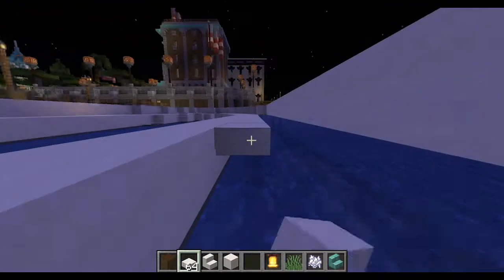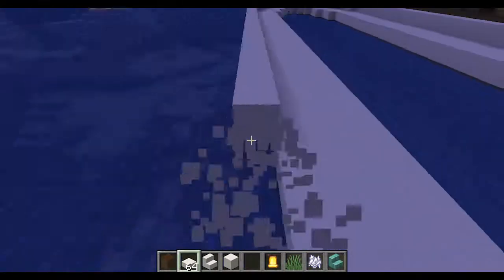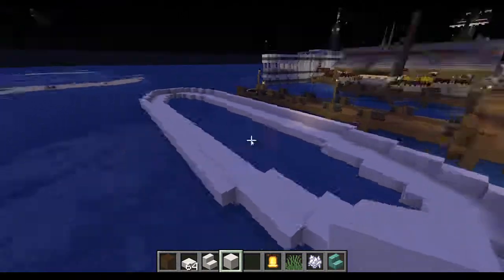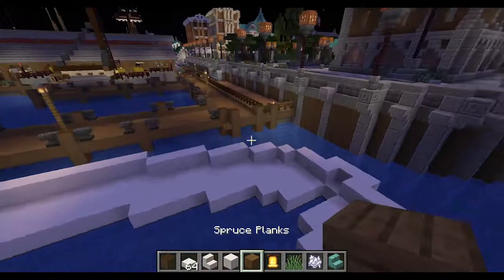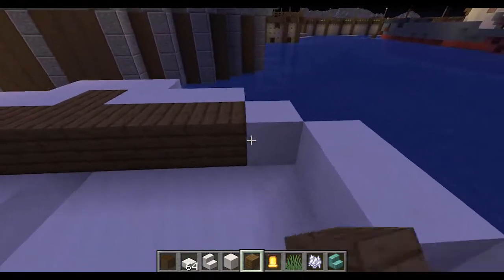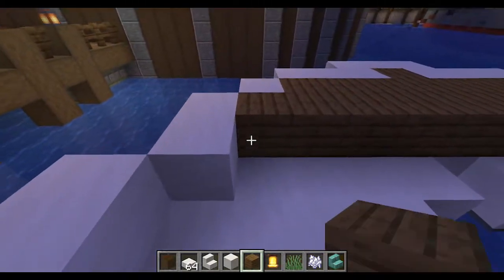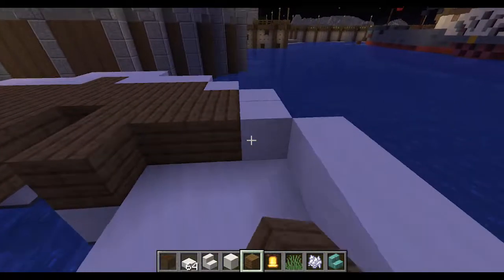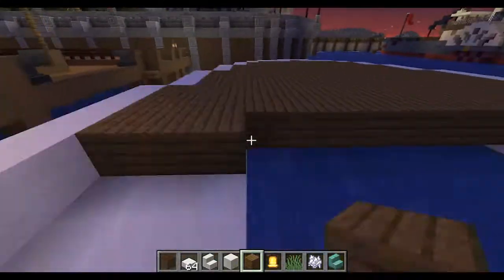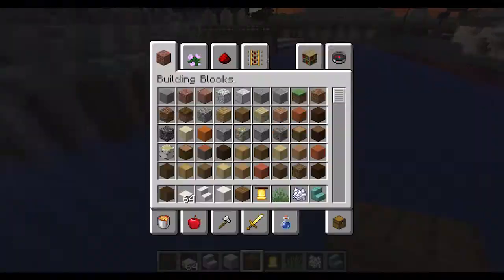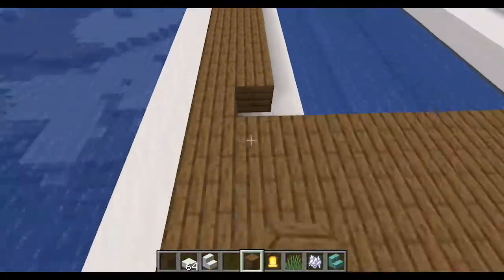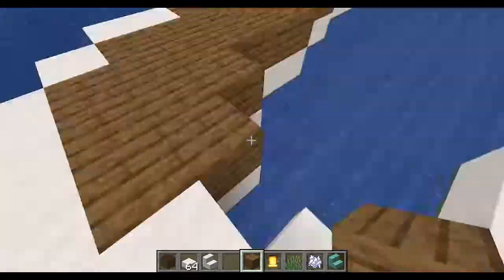Boats are really time consuming. It's a lot of repetition, but if you're patient, you'll come up with something cool. See, just like that. Alright, now let's add in our deck. We're just gonna use some wood. Speed things up a little bit because it's just gonna be completely flat. Add a couple little boats here and there, just for fun.